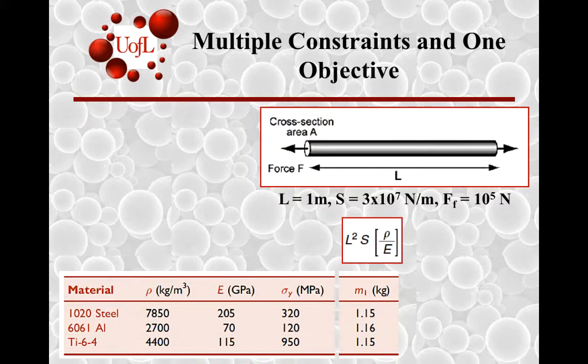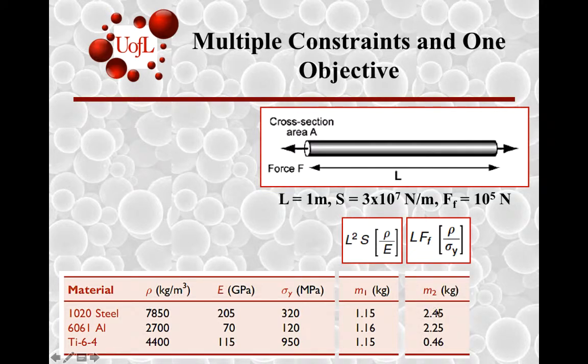If instead, now you compute a mass based on a strength limited design, right? So we know that that mass can be computed using L times the failure force F and this rho by sigma_y, which can be different for each material combination. 7850 by 320, 2700 divided by 120, 4400 divided by 950. And so knowing that the yield strength is in megapascals, and if you substitute that, basically you begin to see